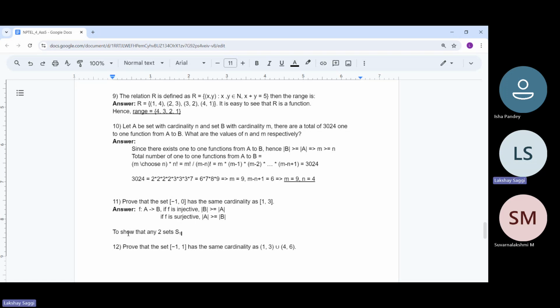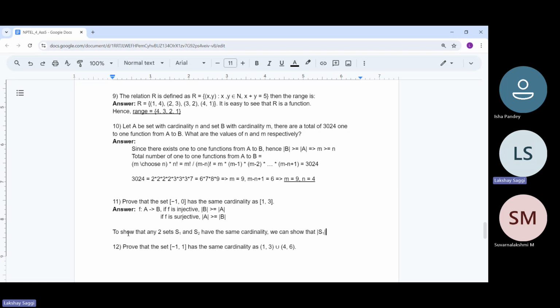So consider any two arbitrary sets S1 and S2, and suppose we want to show that they have the same cardinality. What we can do is we can show that cardinality of S1